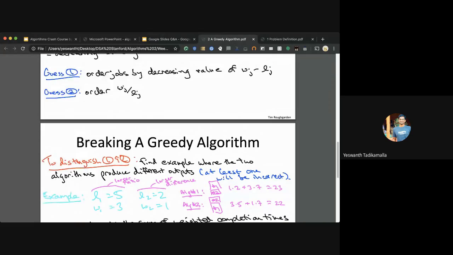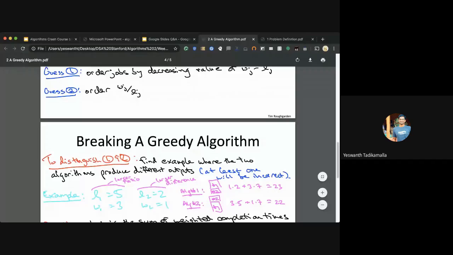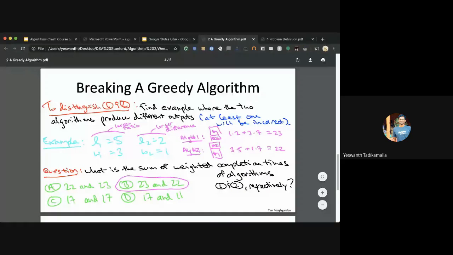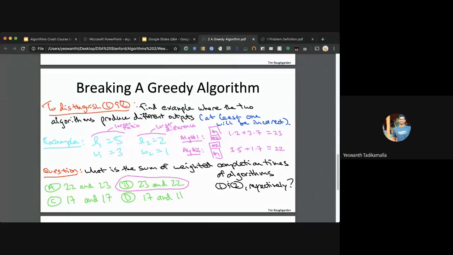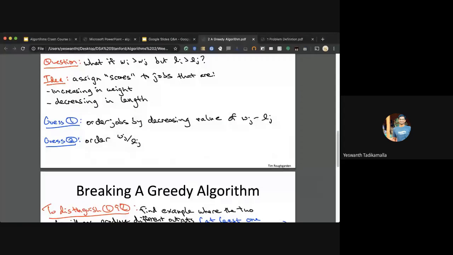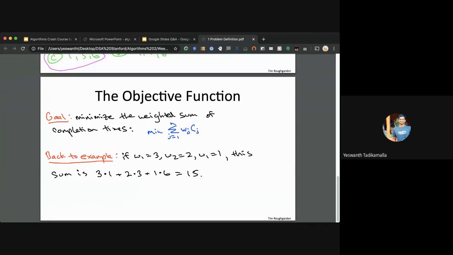But if we take the approach of weight by length and order them, it takes about 22 units. So this greedy algorithm chooses weight over length, and we generally go for this kind of algorithms by intuition. There are no proofs for this kind of greedy algorithm, but one other famous greedy algorithm is Kruskal's minimum spanning tree, which we'll briefly discuss in the coming slides.